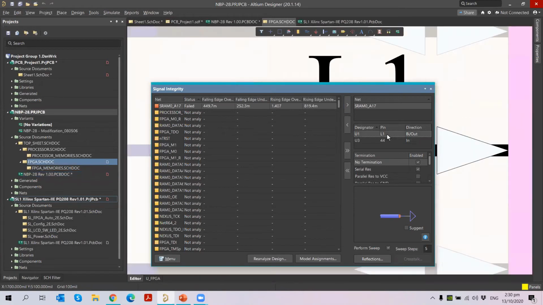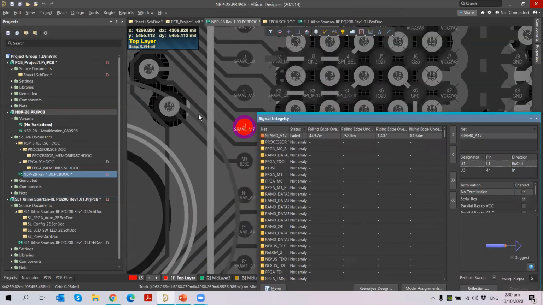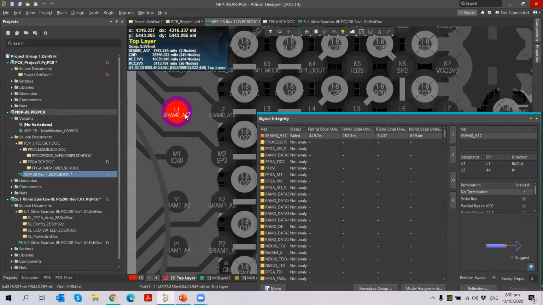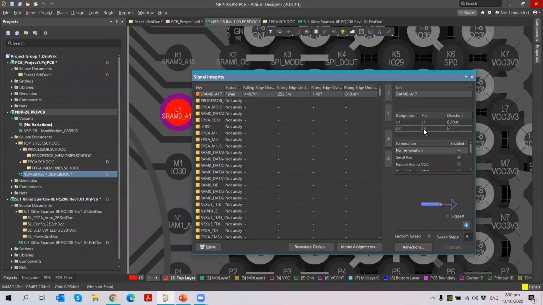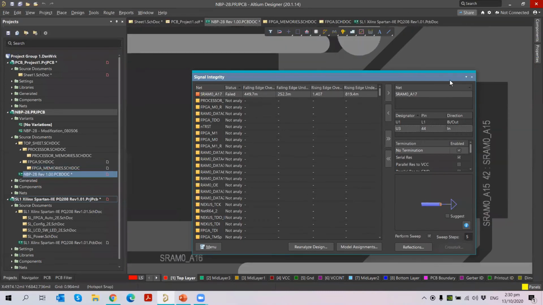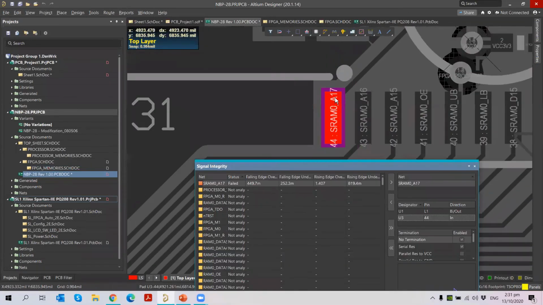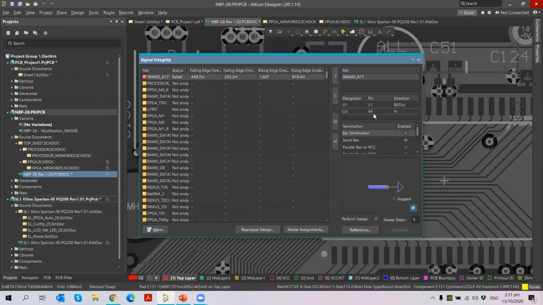I want to do cross probing for this. So let me do the cross probing. Just right click and then Cross Probe to PCB. When I cross probe, it will just zoom for me and show where the particular pad is. You see, this is the L1 pad. It is showing there it is. The net is starting from here. And then if I want to see for U44, just right click, cross probe into PCB. Then you will see it here behind. So the net flows from the U1 L1 pad to the 44 pad. So the net is going from here to here. We are going to analyze it now.